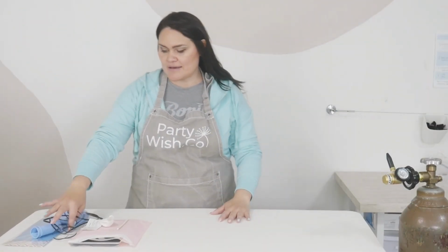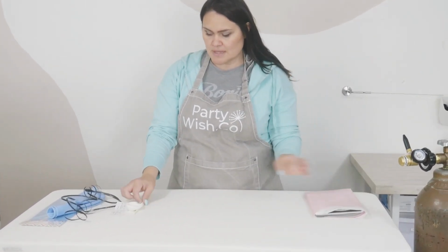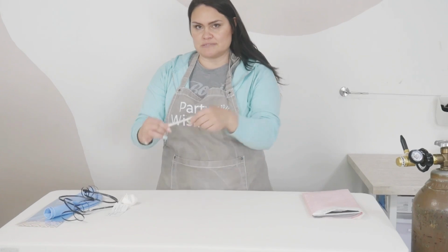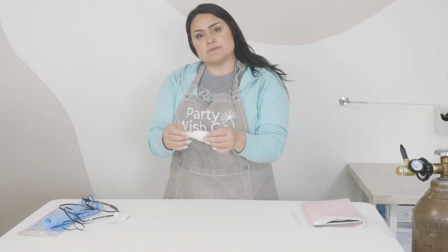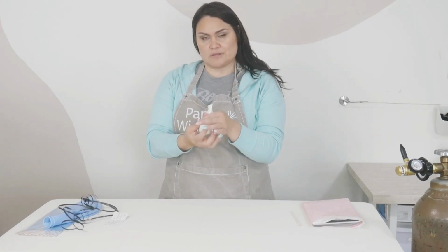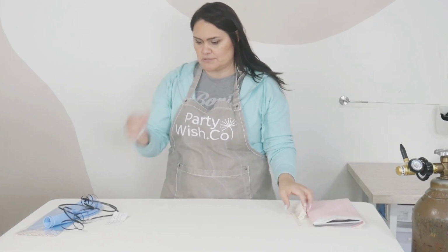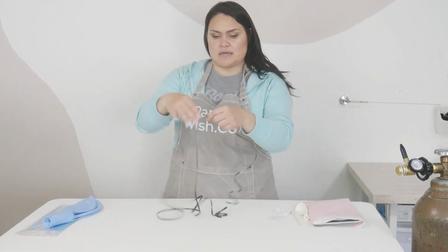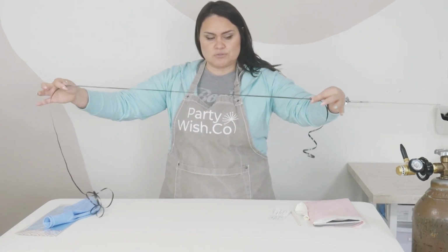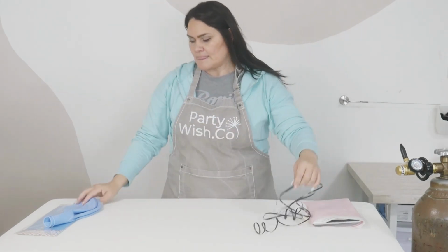In your jumbo balloon kit, you will have your custom decal, a long section of a 260 balloon to tie your balloon closed, a small 12-inch balloon so that you can fill it with a little bit of water and anchor your balloon down unless you have something else you want to use, and an alcohol wipe,